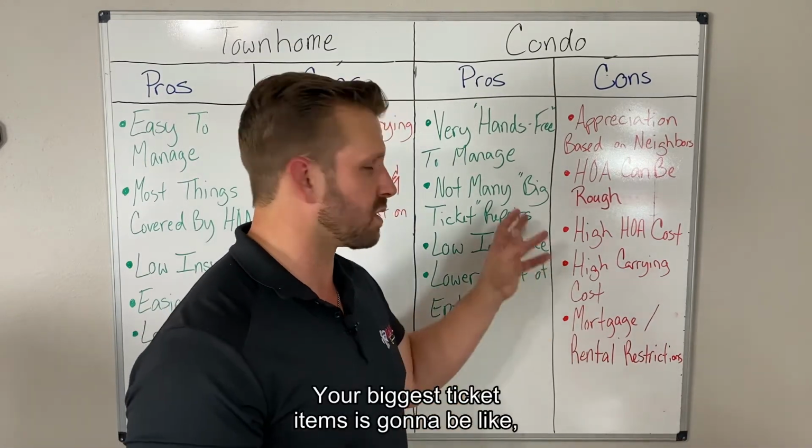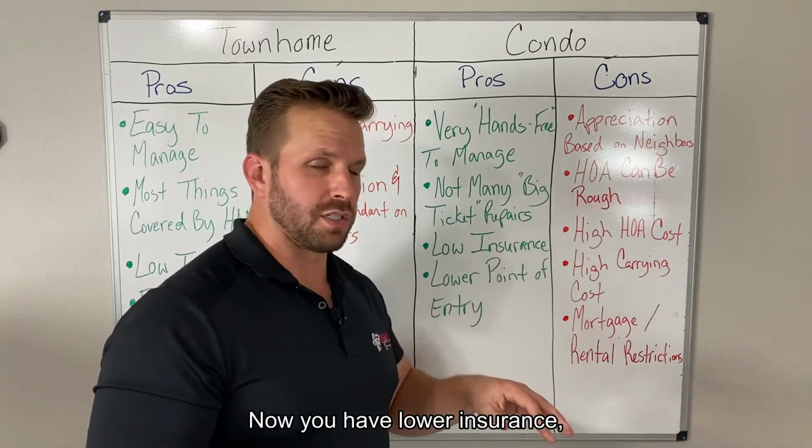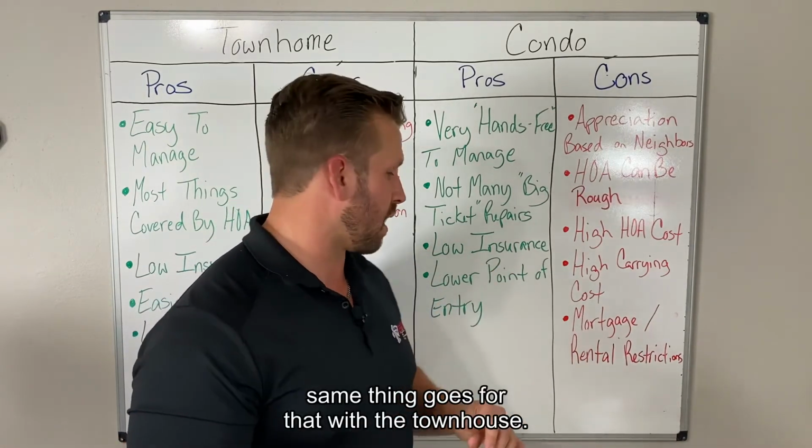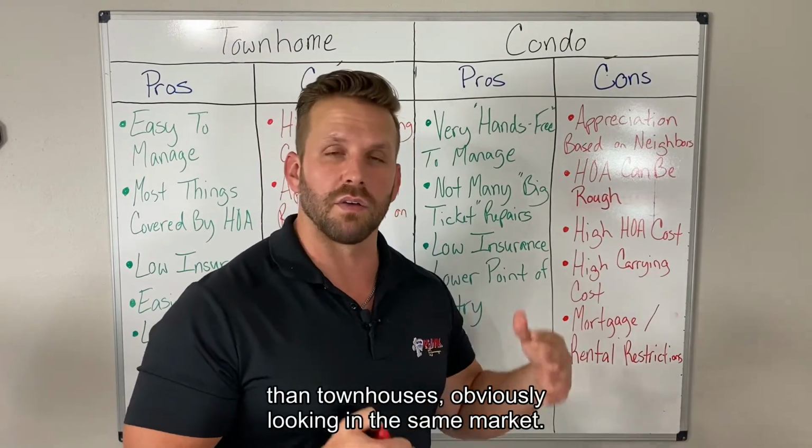Your biggest ticket item is going to be like a $3,000 air conditioner. Now, you have lower insurance. Same thing goes for that with the townhouse. Lower point of entry. I would say it's even a lower point of entry than townhouses, obviously looking in the